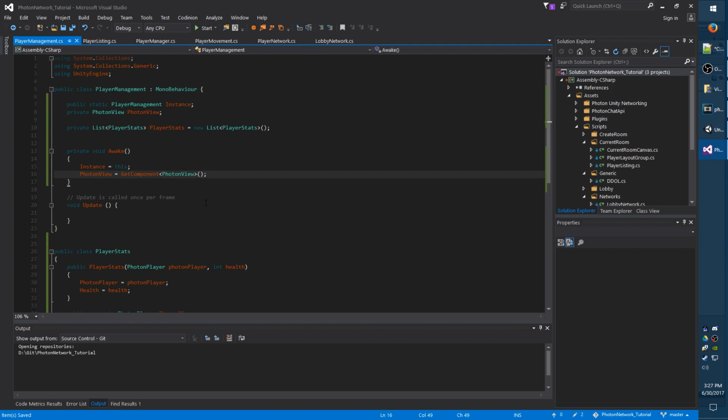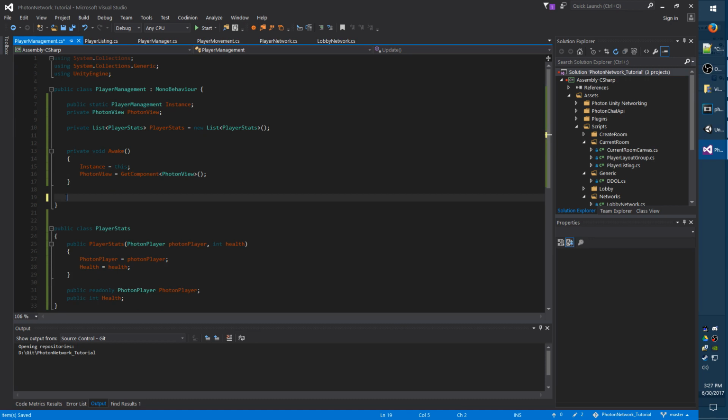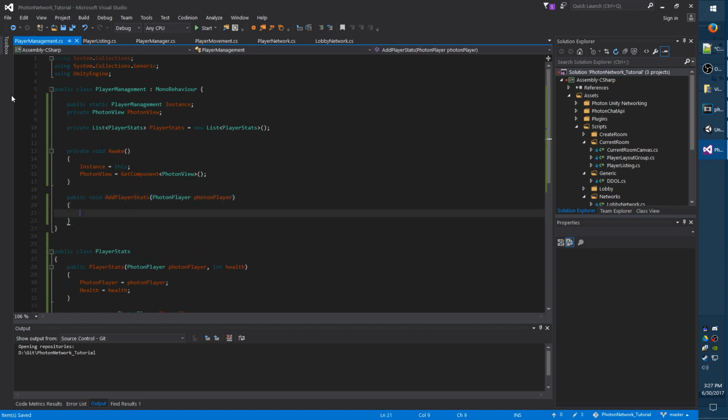Now we need to make a method to populate our player stats list. So go ahead and erase update and make a public method of void add player stats, taking a Photon player. So you're going to pass in a Photon player to this method, and it's going to create a new player stats class using that player. So the first thing we need to check is to make sure the player is not already in the player stats. So we're going to do int index equals player stats dot find index x goes to